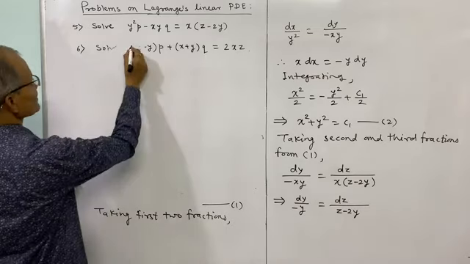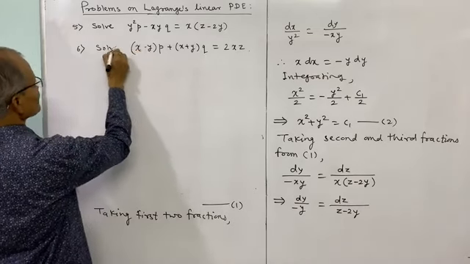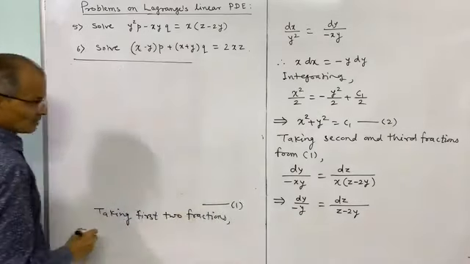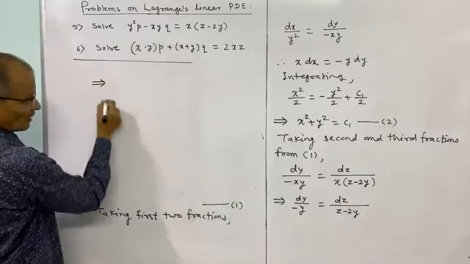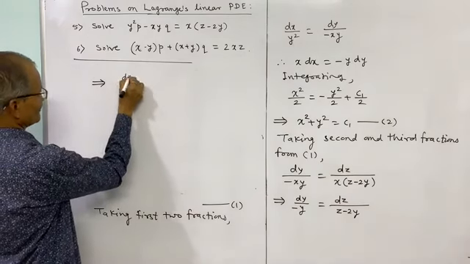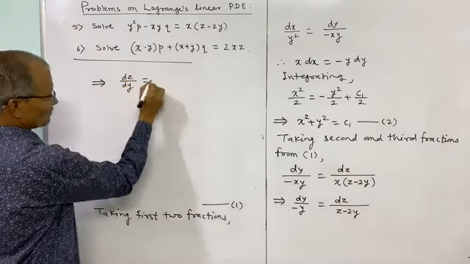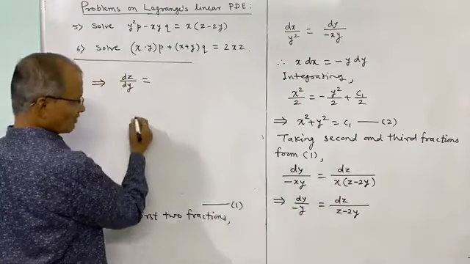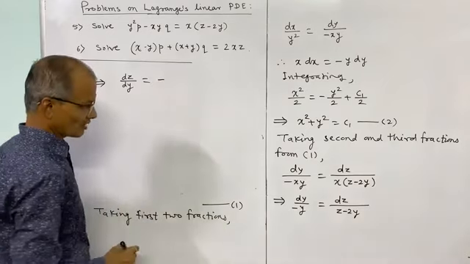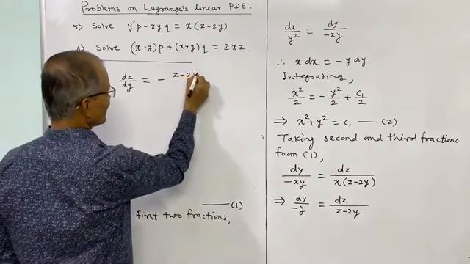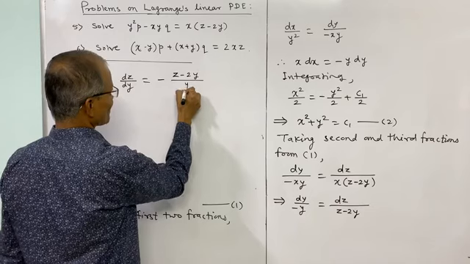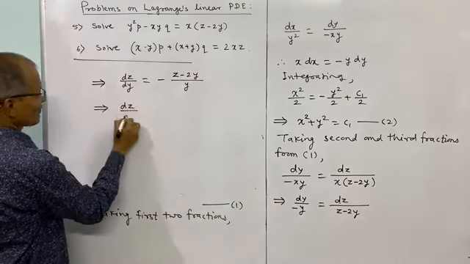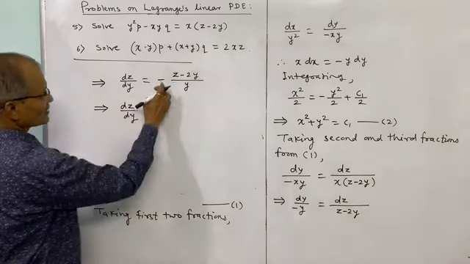So this is x minus y. Now I shall write here. So this implies dz by dy is equal to, take this z on this side, and z minus 2y, minus sign is common, z minus 2y divided by y, or that can be written as dz by dy, and you see this can be